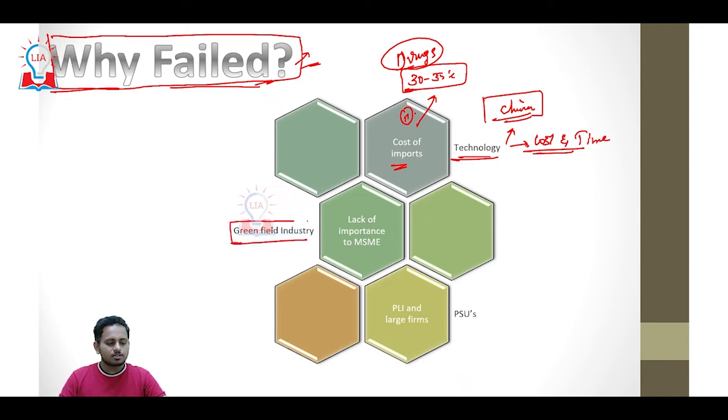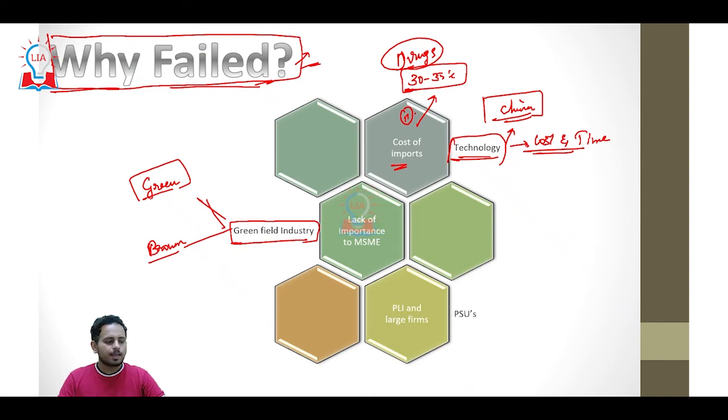And the next one is greenfield industry. There are two types of investment that we can see, greenfield and brownfield. What the PLI scheme did is, it gave more importance to setting up of new industries and not renovating or upgrading the already existing industries. Since independence, India is manufacturing drugs, so India had the capacity, but it was not upgraded, it was not updated based on the cutting edge technology. Instead of expressing its favor towards setting up new greenfield enterprises, government should have gone for upgrading the already existing brownfield industries. But the government emphasized more on greenfield, and that is the reason why the investments are less when it comes to